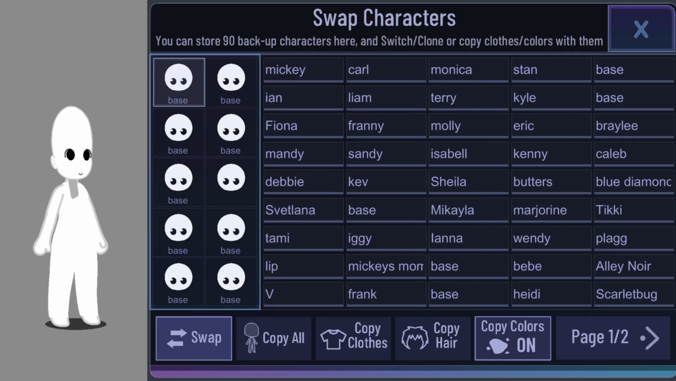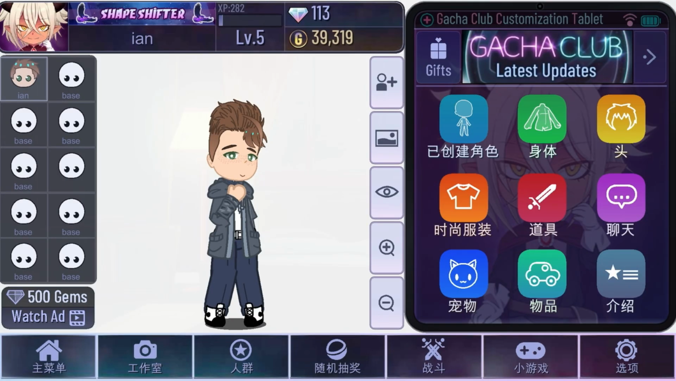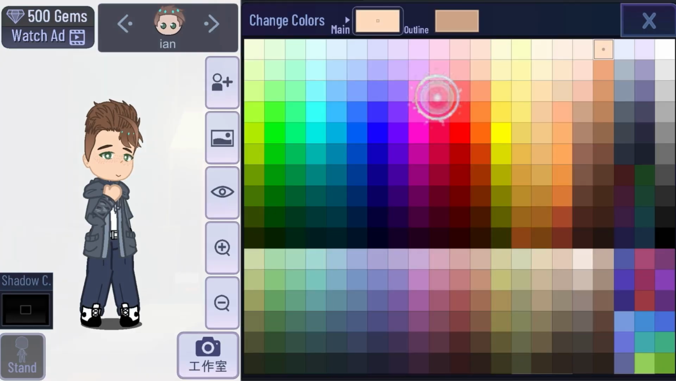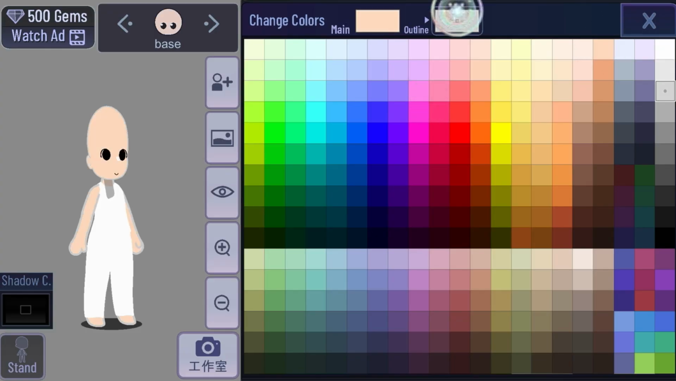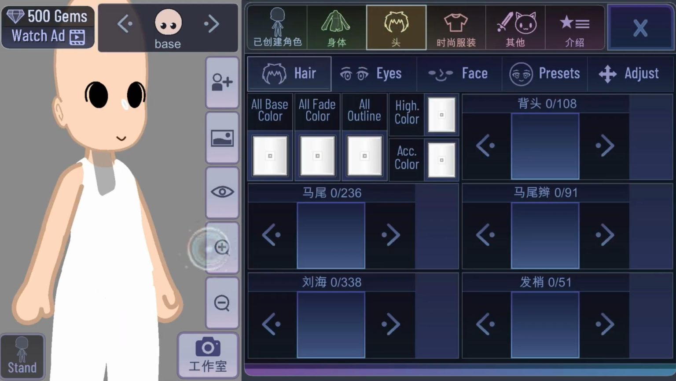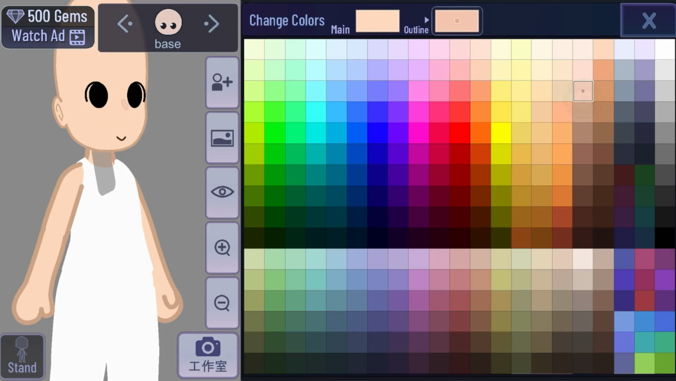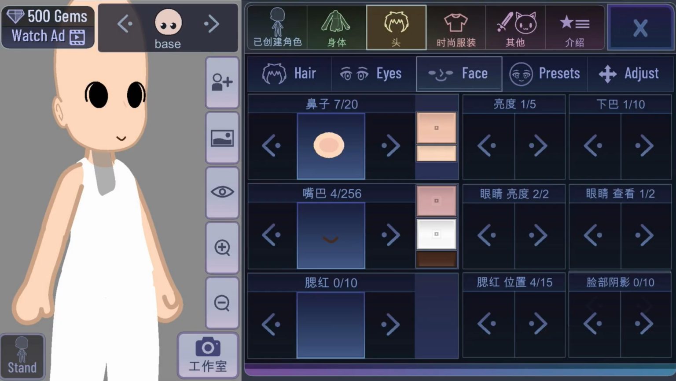So for Ian, it's a lot different. I use light skin tones all the time, so I'm just going to show you how I did the skin tone for him right here. I'm going to do that really quick. I always do it wrong because you have to do it like that. Okay, so